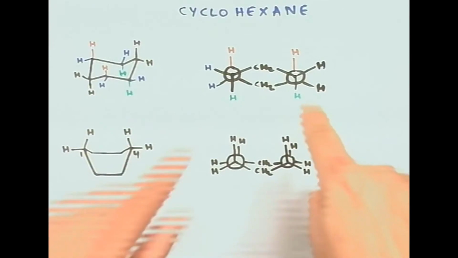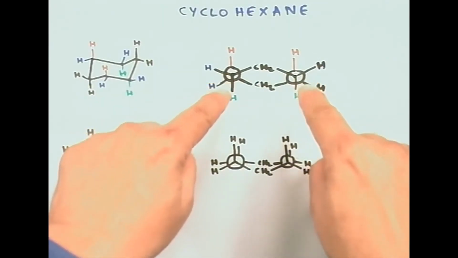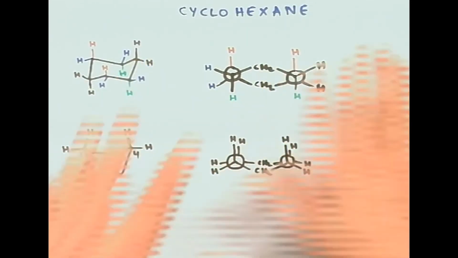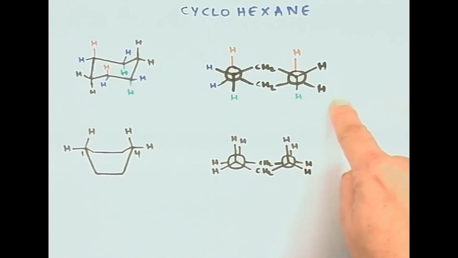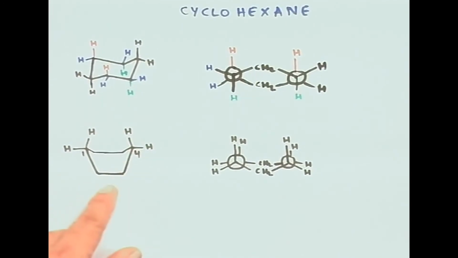How it can be written on the 2-dimensional paper? I have shown you, my dear students. Here these are the 4 carbon atoms, front 2 carbon atoms and the reverse back 2 carbon atoms, and these are the 2 hydrogens, and this is the simple Newman projection of your cyclohexane molecule. The same way I will try to show you the boat model also. This is the boat model and I will show you the orbital model also.